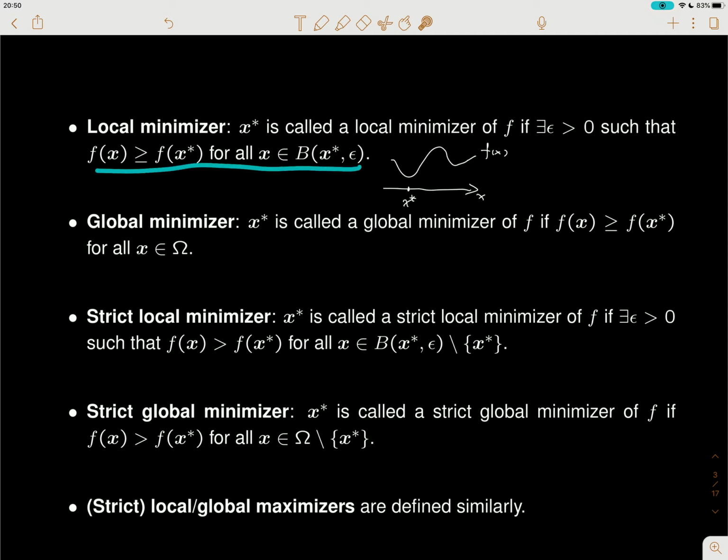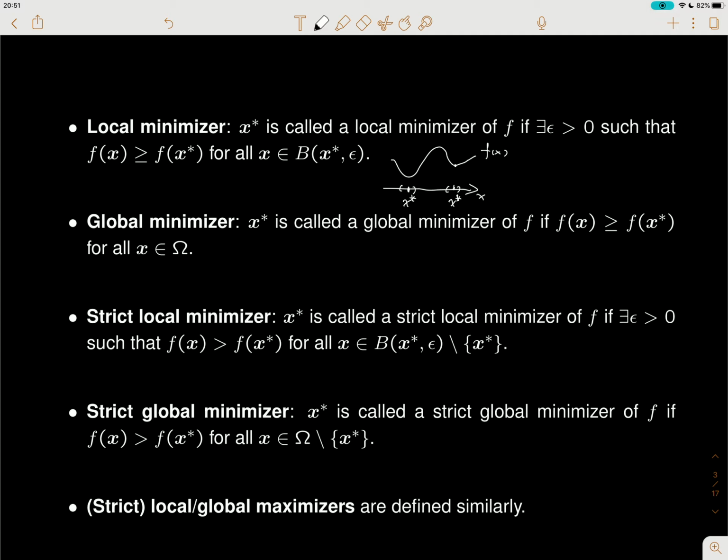What this means is that within this neighborhood, the ball centered at x star with radius epsilon, there's no point that takes a smaller function value than x star does. That is exactly the case here. You have x star, and you look at this neighborhood. It could be very small, but that's okay as long as there is some neighborhood, and within it there's no other point with a function value smaller than f(x star). In this case, this other point is also a local minimizer, because although it takes a function value larger than the one on the left, within its neighborhood it has the smallest function value. So both of these two points